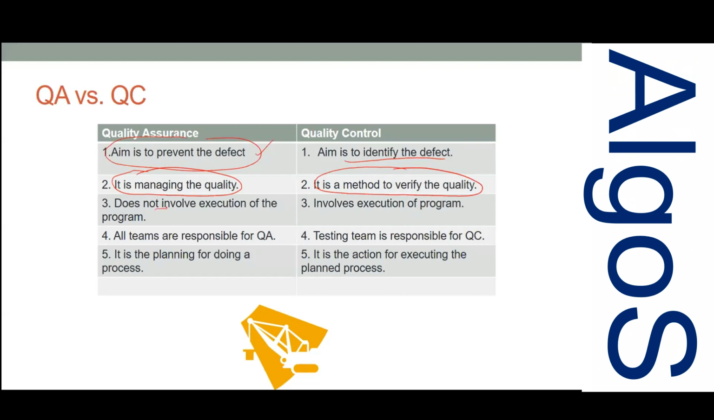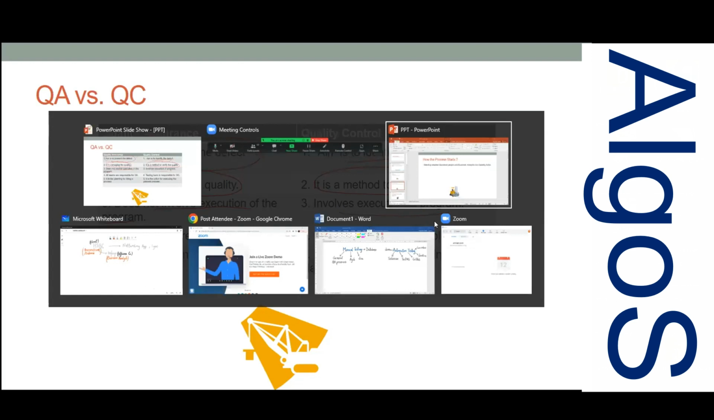QA does not involve execution of the program. Program means the software. Execution of program means running the software. QA does not involve running the software, whereas quality control involves execution of program. Now, what does that mean? Again, if you take the Facebook example,